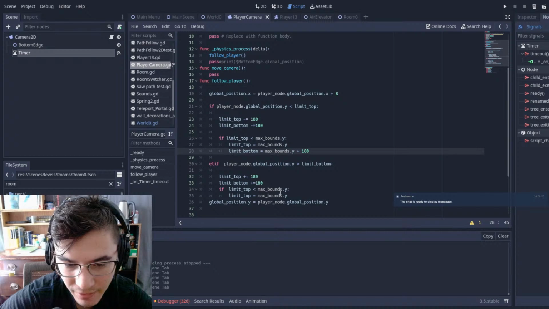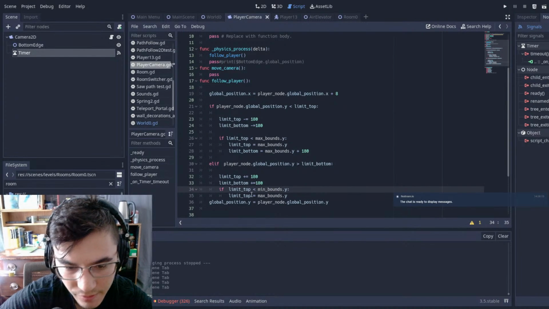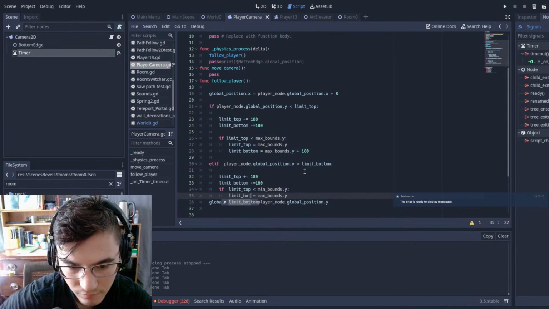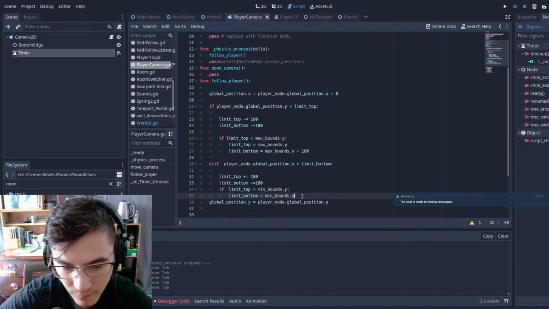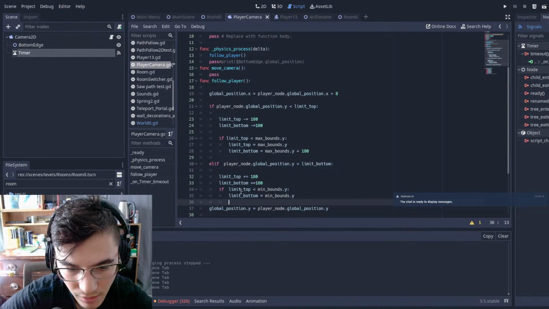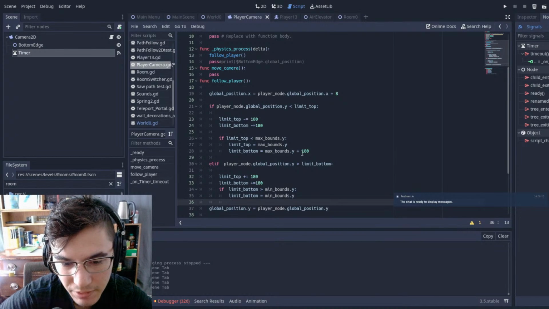And then for limit bounds, max bounds, min bounds dot y, limit bottom is equal to min bounds dot y. Wait. Limit bottom equals